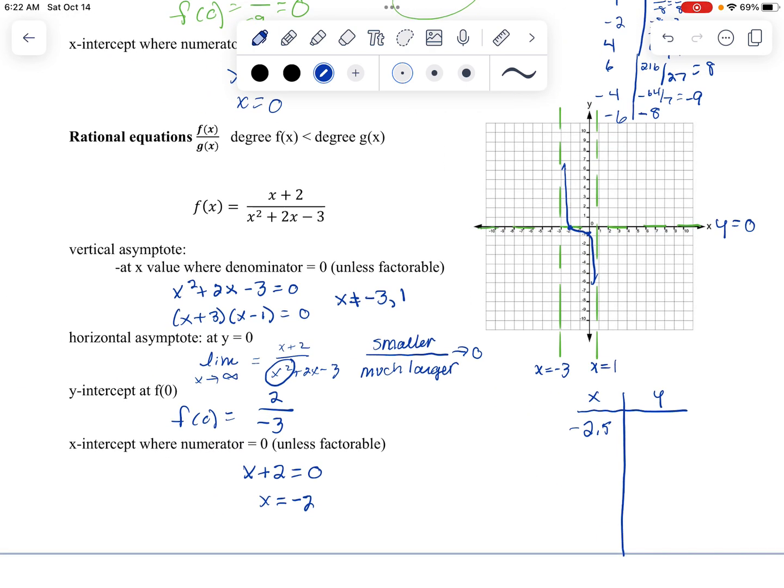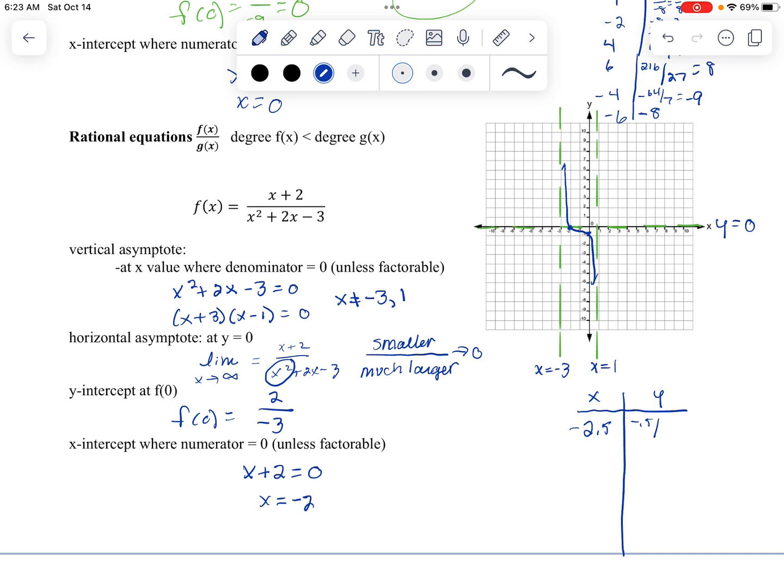But I'm going to try that -2.5 just to see what happens. So -2.5 plus 2, -0.5 on top. -2.5 squared gives me 6.25 plus 2 times -2.5 minus 3